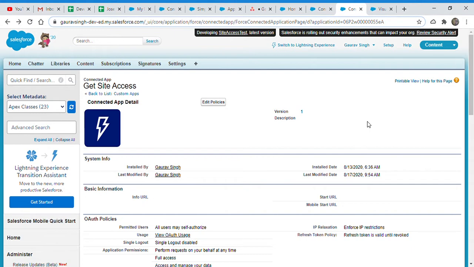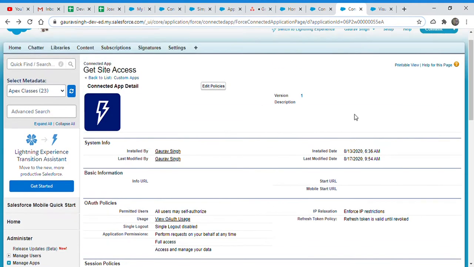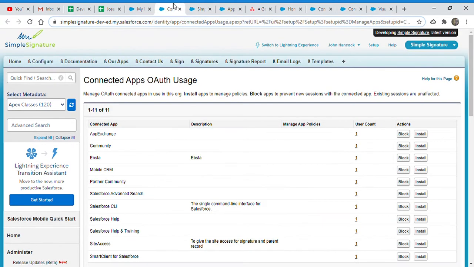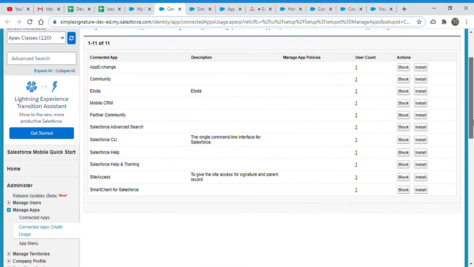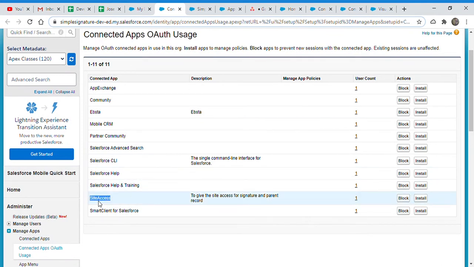So the first thing was that we should have a default connected app so that he can just start from there. Second is, if we need the connected app in the package, I think, with the things I am now looking into, we don't need the connected app in the package. The reason behind it is that even if we need to manage the policies, this is where I am here. If you search connected apps OAuth usage, this is the main org. So you will come to this page.